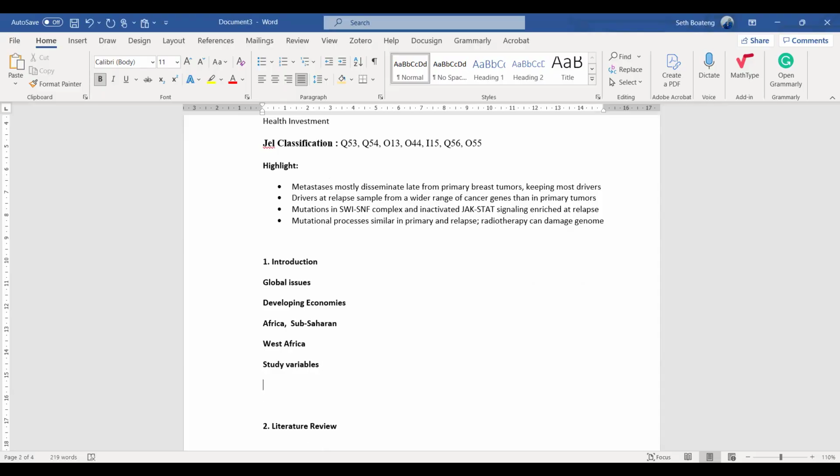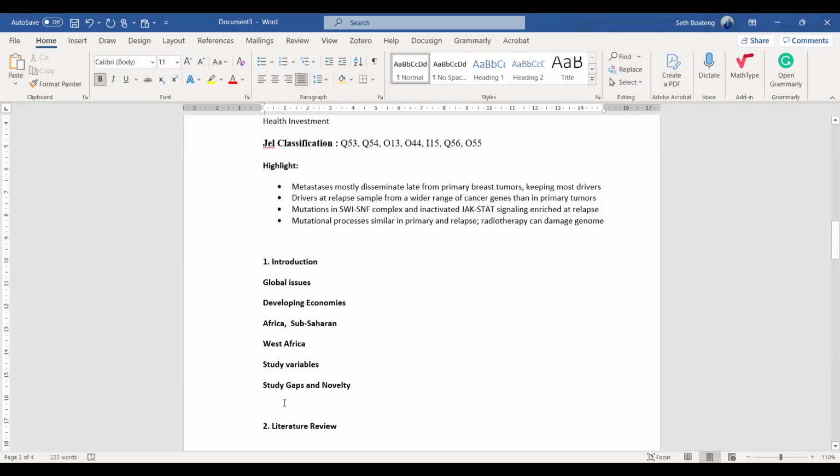And after talking about your study variables, you talk about the gaps. This is where the problem is, the study gaps. Some of the reviewers, this is the only thing they will read. The study gaps and novelty. Let me add the novelty to it. So what's novel about your work? You have explained all the gaps, maybe previous studies, this and that have done that.